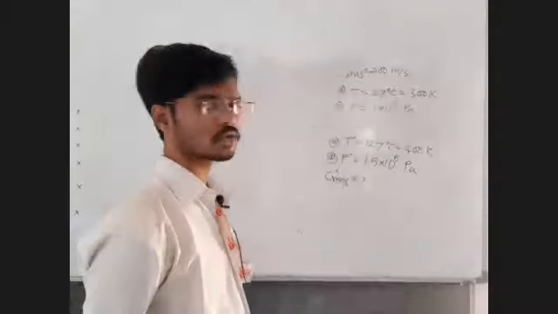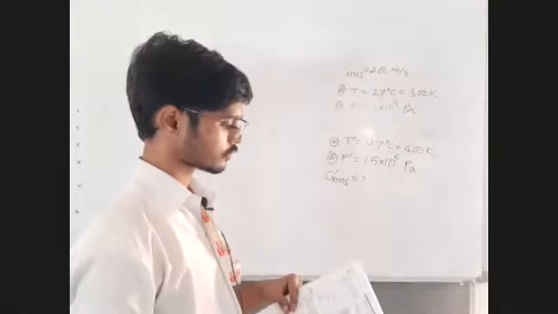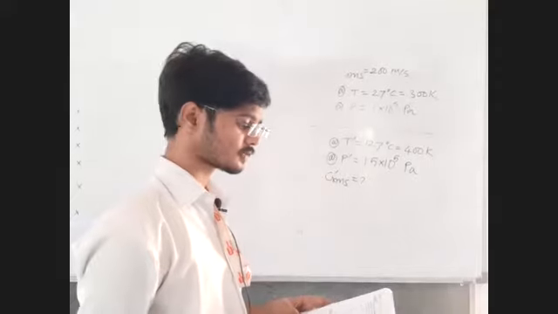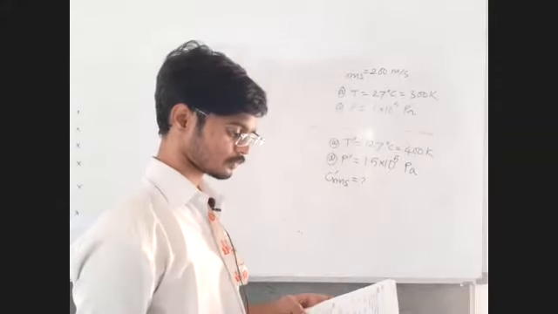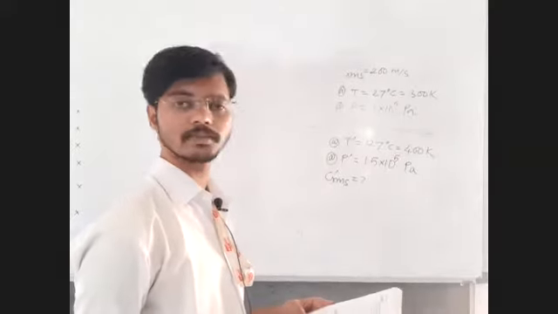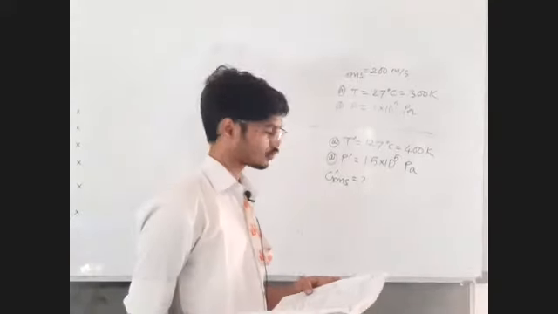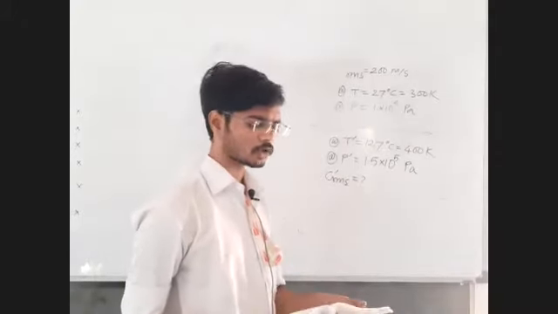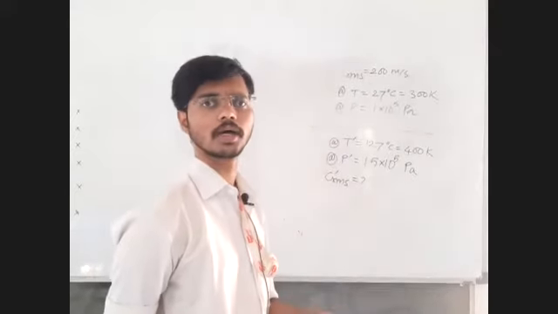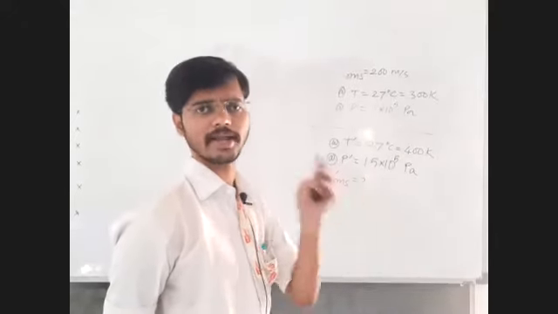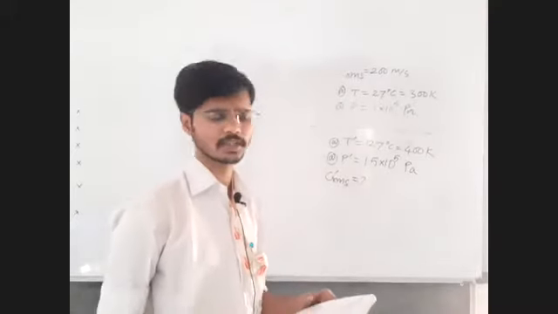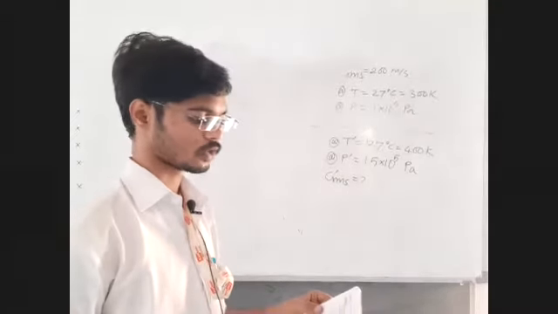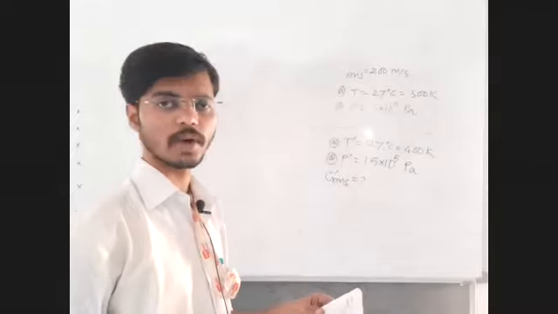Yes, 400 upon root 3. That answer is okay, perfectly fine, because in the options also they are not expecting you the exact answer in decimal. They are expecting you to write 400 upon root 3 or something upon something itself. So without calculating the answer, without putting the values in the formula, you should check what the options are and according to the options you should direct your calculations. Whether the complete calculation is required or not, you have to see the options first and only then you have to decide.